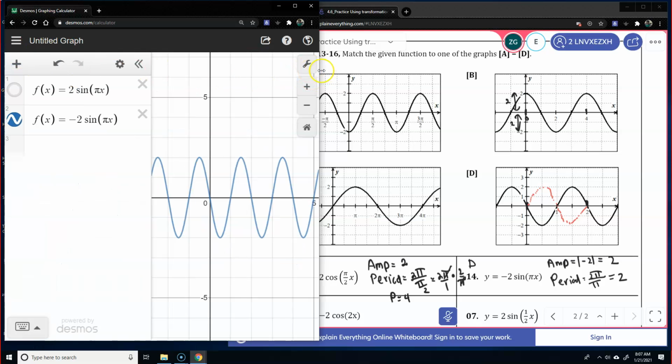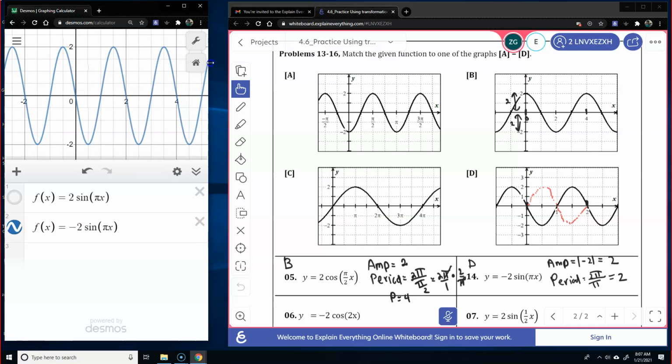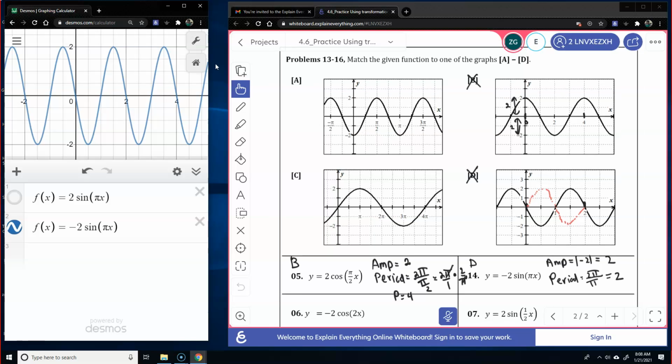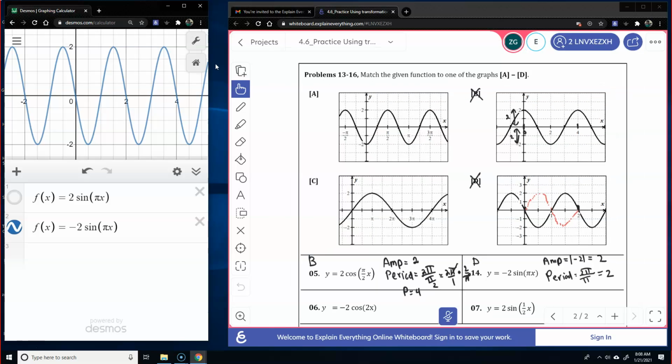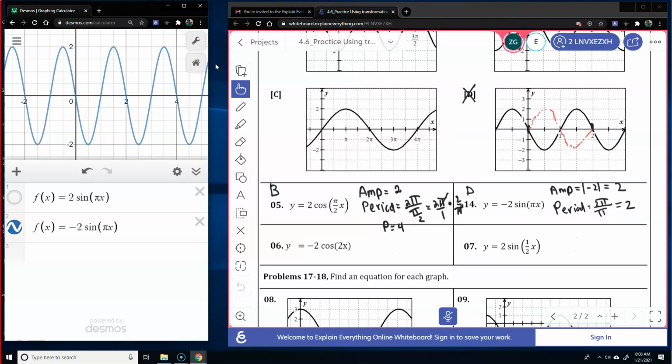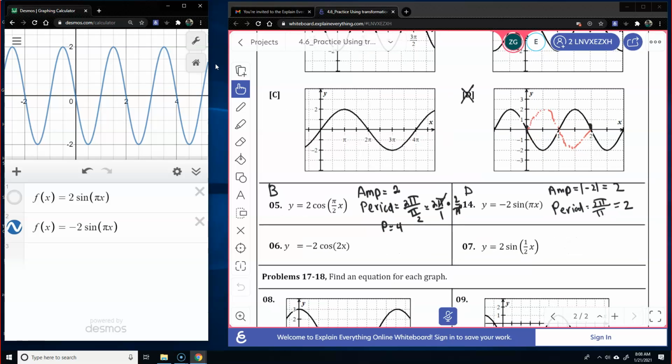Let me go ahead and minimize this, and then we're going to work on number 6. So we know that D is out, B is out. Okay. So let me just go ahead and minimize this and move it up just a little. Okay. So for number 6,